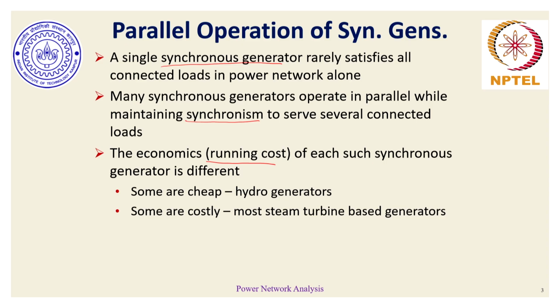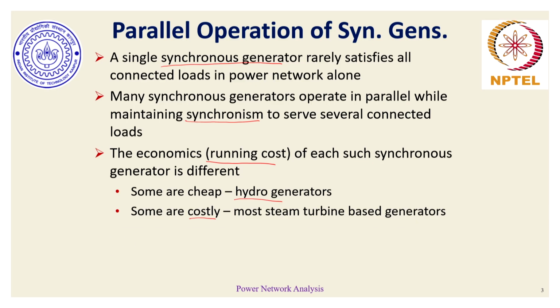Generators tend to be cheaper, specifically hydro generators, whereas steam turbine based generators tend to be relatively costlier compared to other units. So basically, the running cost or the economics is also different, and hence the need for economic dispatch comes in while trying to figure out what should be the optimal schedule or dispatch of each generating unit while feeding a